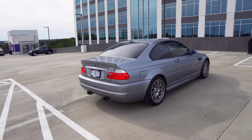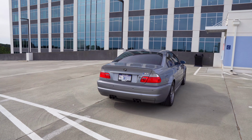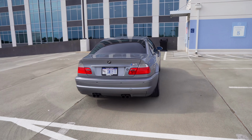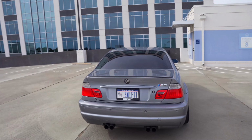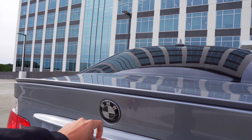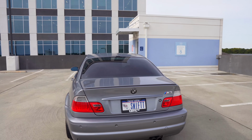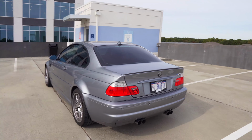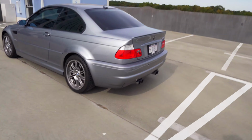The back of this car is literally perfect. The park distance sensors, I wasn't a huge fan of them. Actually, the holes are starting to grow on me. I don't know, I'm starting to like it. It makes the car look a little bit more new and refined. Again, we have the stupid ugly carbon fiber roundel. I will be taking that off as well, and we will be trying to secure an OEM CSL trunk. If I can't, if my funds don't support that, I will just get a Status Group